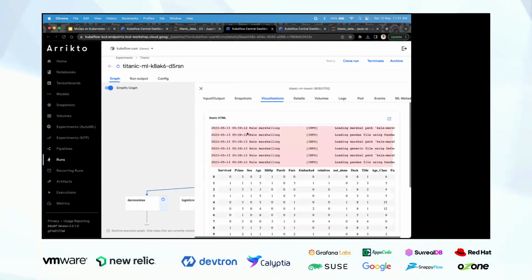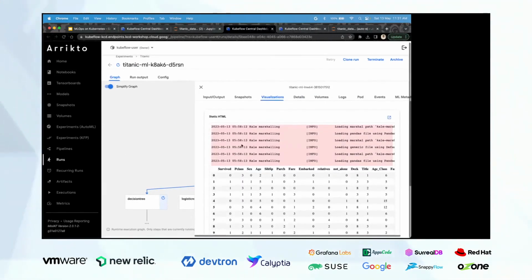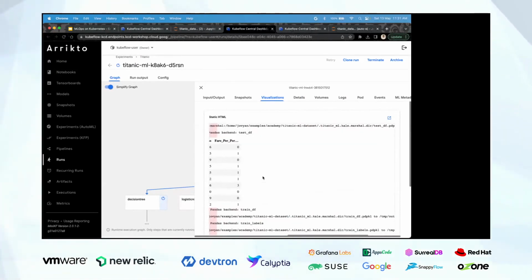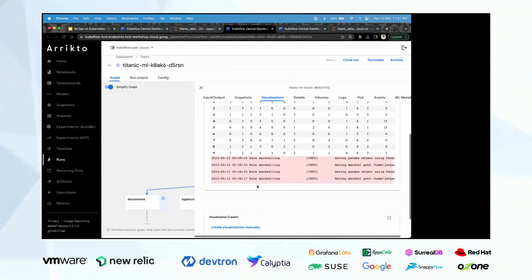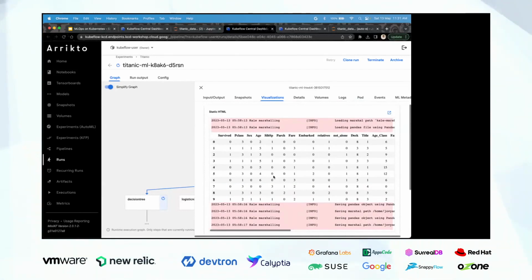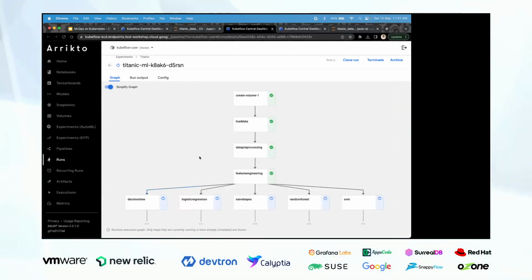Yep, the feature engineering step is done as well. So this is the final train df which we have printed, and that is what we can see over here as well. Now the model training has started, and as you can see, post the feature engineering step, we had all these 5 components of model training that are going on right now.